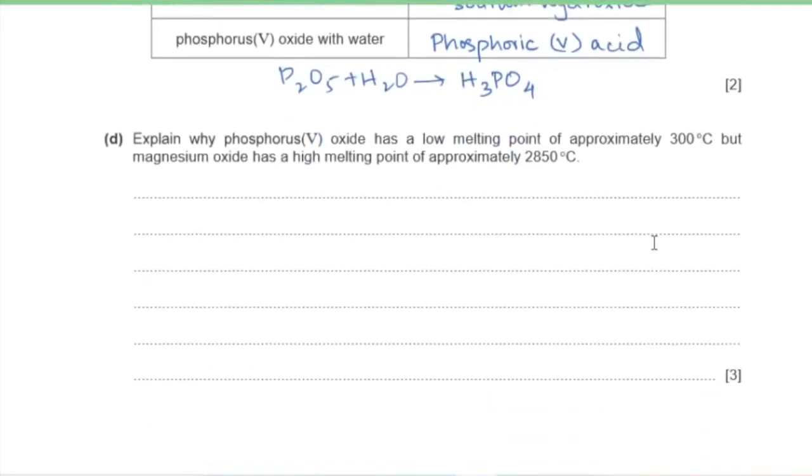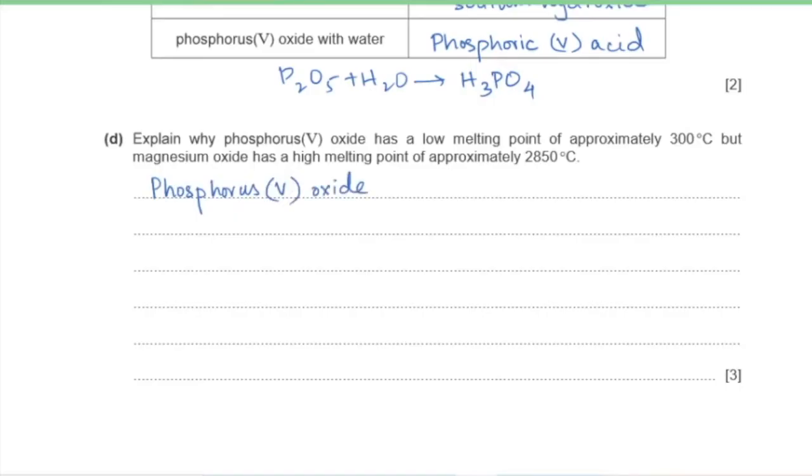Part D, explain why phosphorus 5 oxide has a low melting point of approximately 300 degrees Celsius, but magnesium oxide has a high melting point of approximately 2850 degrees Celsius. So phosphorus oxide has got weak intermolecular forces, whereas magnesium oxide has got electrostatic force of attraction between ions of magnesium and oxygen, that is Mg2+ and O2-, and this kind of electrostatic force of attraction is much stronger than the present intermolecular forces in phosphorus 5 oxide, and thus it requires greater energy for magnesium oxide to break its bonds. So we can write that phosphorus